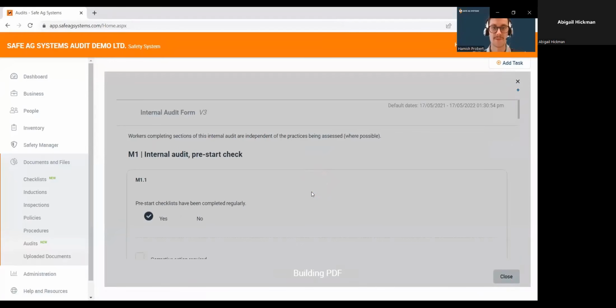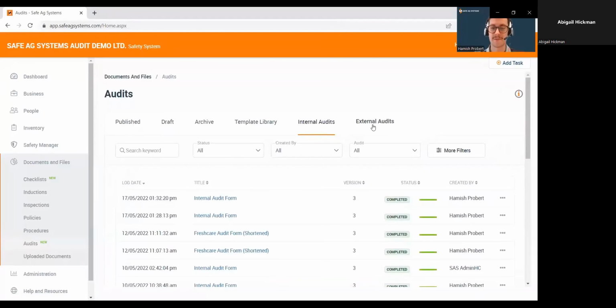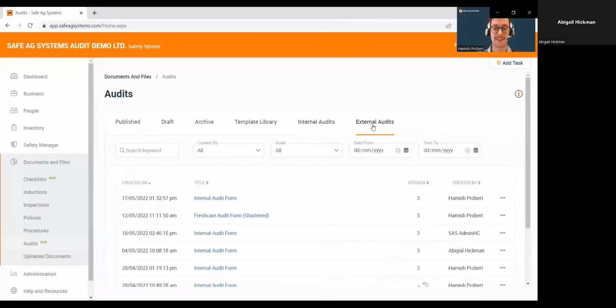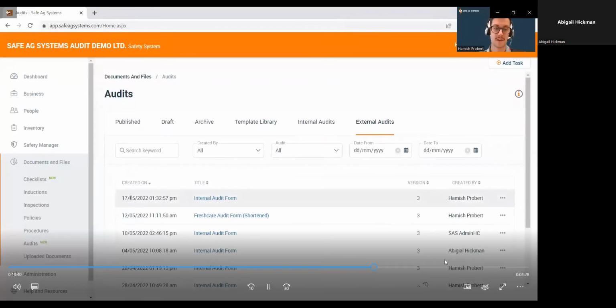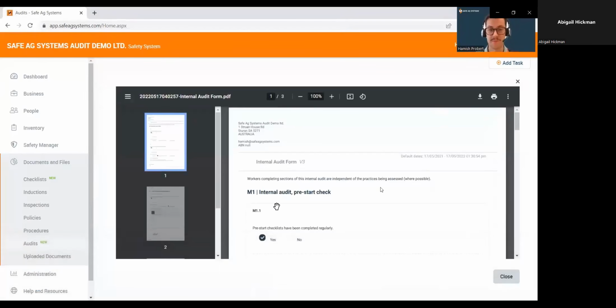This just has a little bit of a think, which is unfortunate as technology, not everything's instant, but it's not too long of a wait usually. So now that it's said there that it was generated, it's now been populated in external audits. So we can see that this is the one I've been working on today, and the time that it was finished, and then I can view. So this is how the PDF will be viewed.